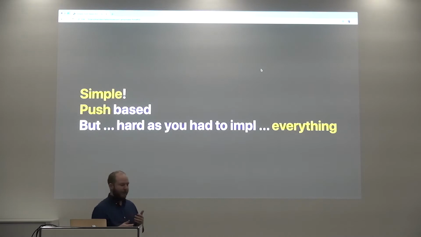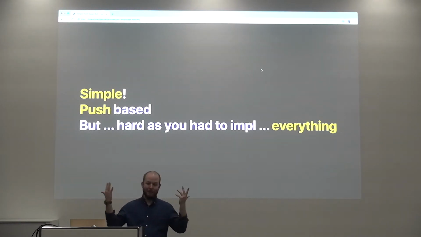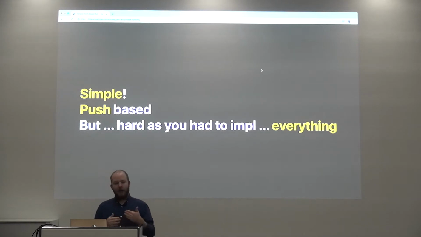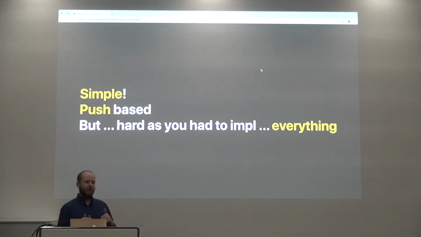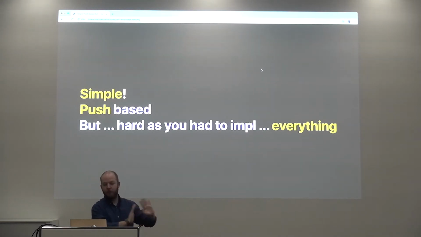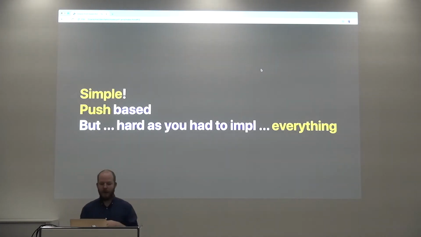The cool thing about the system was it was really, really simple because it didn't do anything. You didn't really complain. There were no issues on Node core because there was no stuff there. It was based on something called a push-based stream. That means it's a stream that gives stuff to you. It has an on-data thing, so it keeps throwing stuff at you, and if you didn't want more, you would call pause to tell it to back off. It's called a push stream. But it was really hard, like I said, because you had to do everything, which meant that nobody got it right.